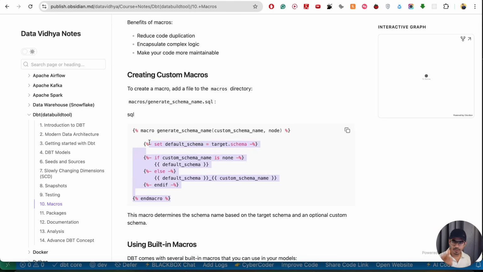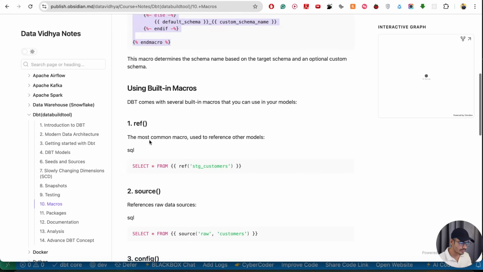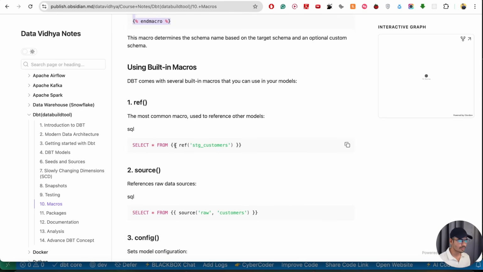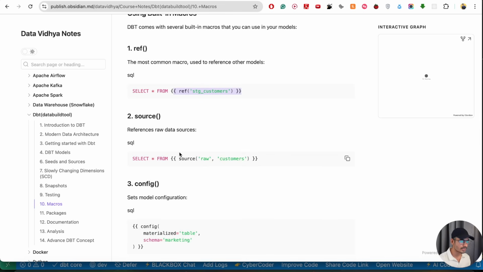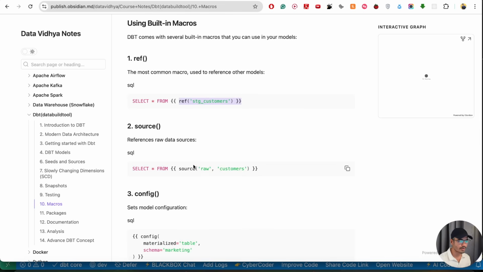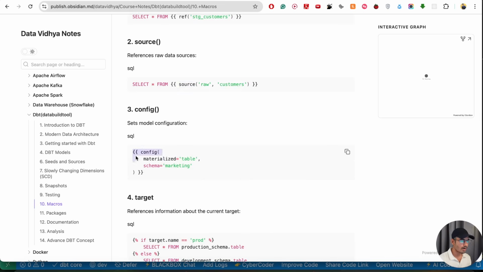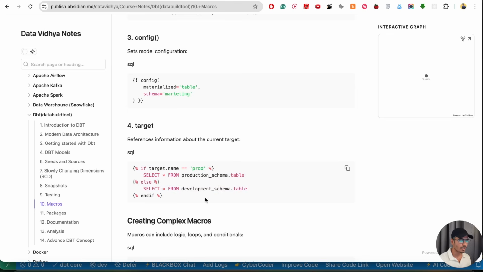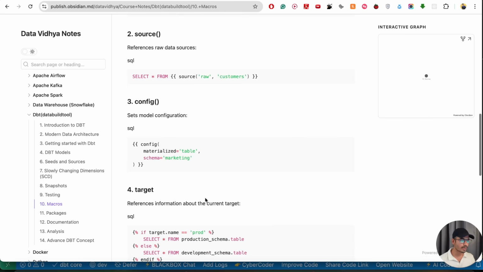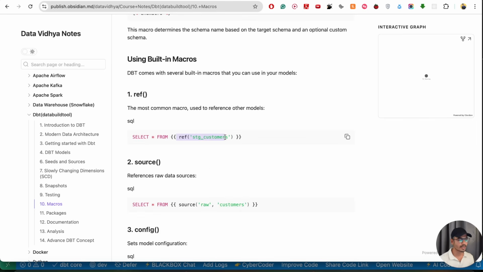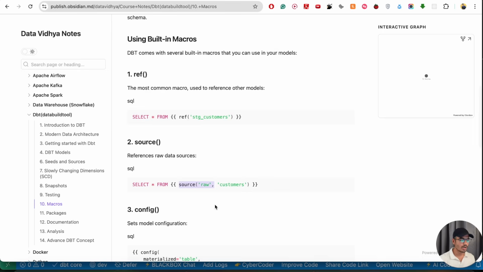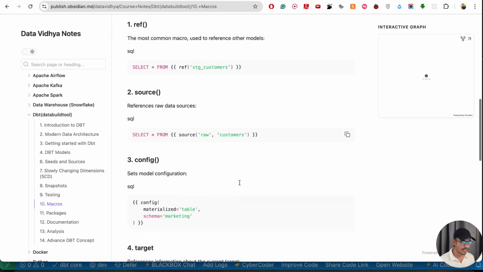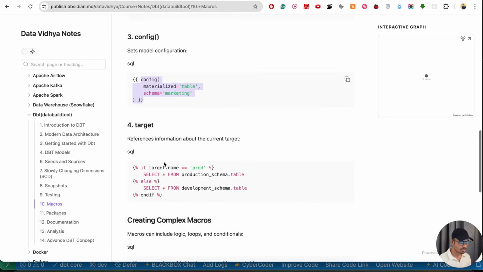It's like a customized condition you can give, or you can use the built-in macros, such as you use it like this. These are all of the macros that we've been using: ref, source, config, target. Okay, all of these macros we've been using till now. Initially when we started, like reference or source, these are the macros created by dbt for us that we use to refer to something, to get some data based on the source,